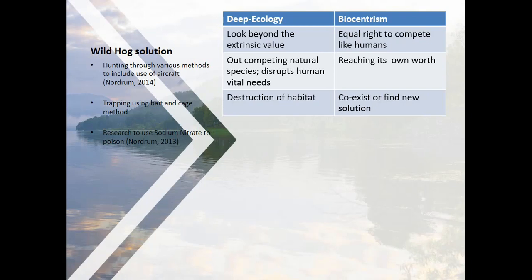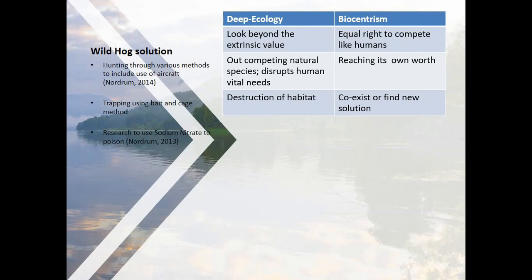Ranchers and farmers are directly affected by the destruction of land and crops the animal causes, thereby creating negative effects on the humans' livelihood. Furthermore, the hog is outcompeting other species and destroying flora and fauna at a rapid rate. The harvesting of the animal also fulfills a human vital need, as it provides food, especially when donated to the less fortunate. Again, without human intervention, the species would flourish out of control and reduce the natural ecosystem's biodiversity. Looking at the wild hog from a deep ecology view is practical. It identifies the hog as a hardy species with a knack for survival, but understands that the negative impacts and potential benefits of harvesting are within the means and rights of humans.